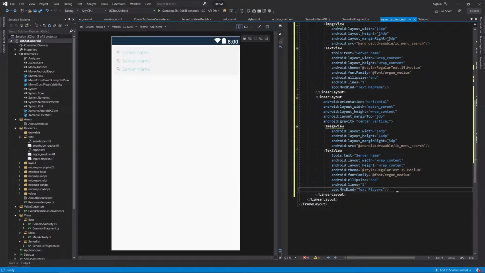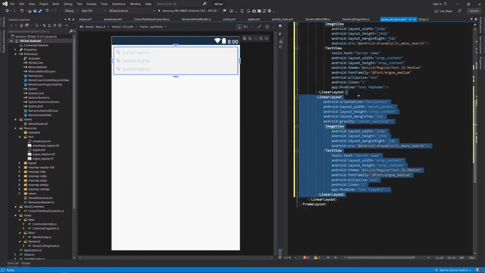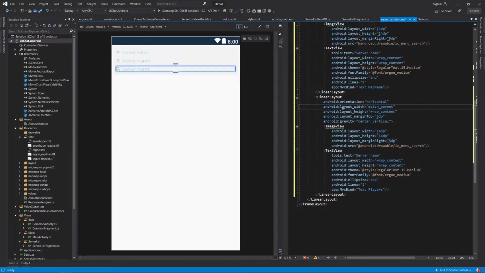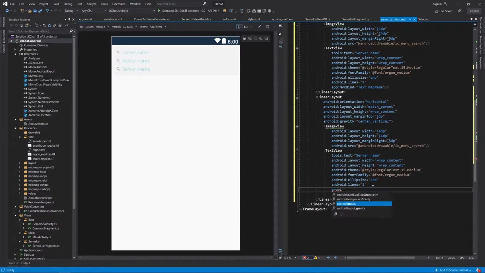Oh, I know what I can use. Wait. It doesn't change anything. Okay, I can use layout weight